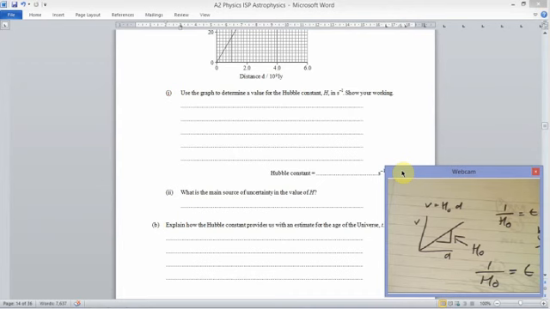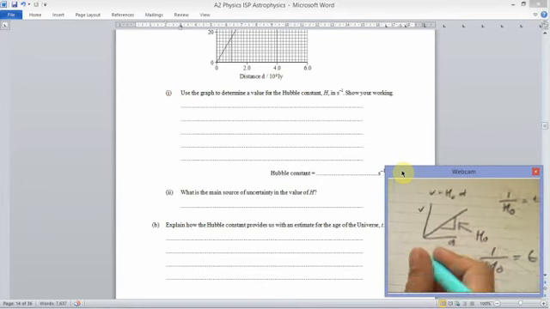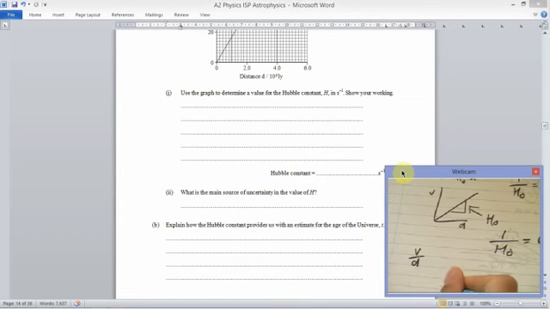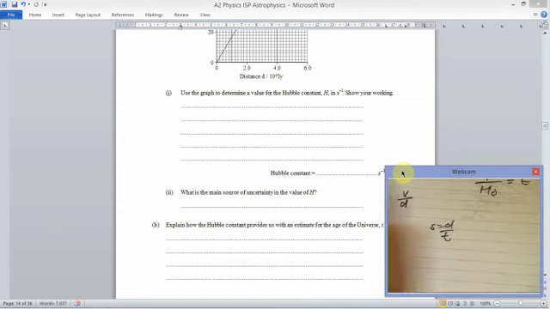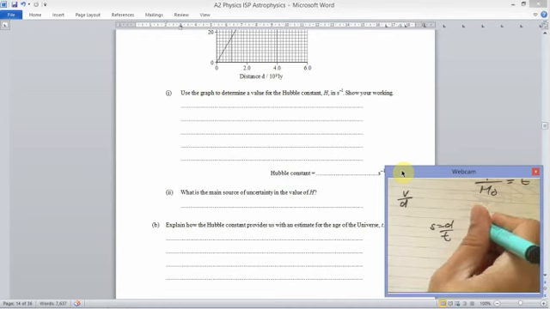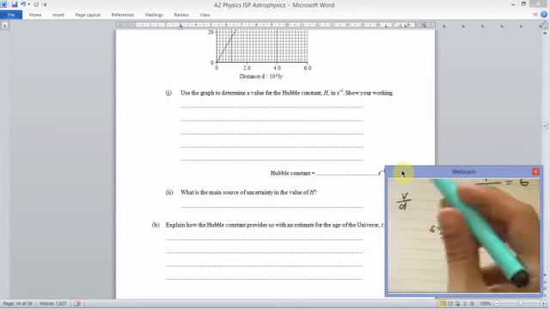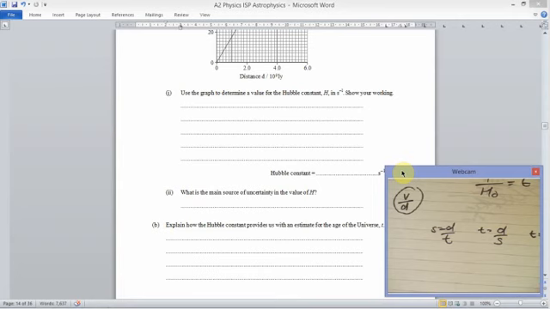What they're asking for us to actually do is explain it. So yes, it is 1 over it, but why is 1 over it the actual value? Well, if you think about the gradient, the gradient of this graph is velocity over distance. Now, if you think of your equation as speed equals distance over time, just going all the way back to year 9, then time is going to be equal to distance over speed, or displacement over velocity, whatever you want to call it. Well, if the gradient is velocity over displacement, or velocity over distance, then 1 over t is going to be equal to v over d,